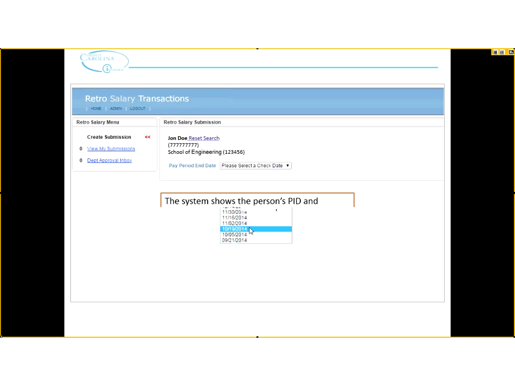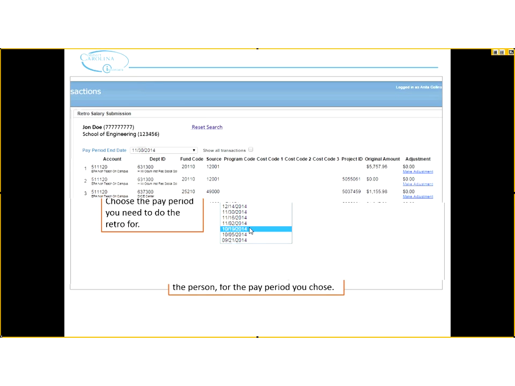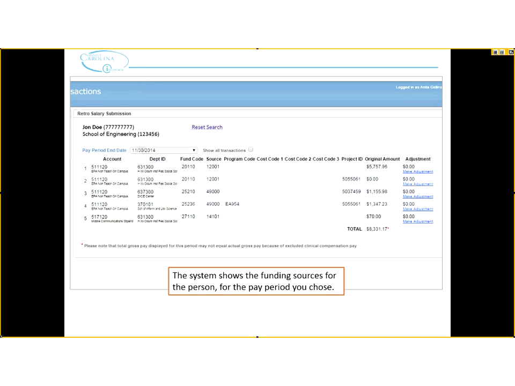All right. So once you've ensured that you have the right person, you're going to choose the pay period end date that you need to do the retro for. And you can see if you look at this list, these are the pay periods that are available for retros. So this is an SPA employee. You can tell looking at that. So you click your pay period, and in this case we're looking at a pay period end date of November 30th,